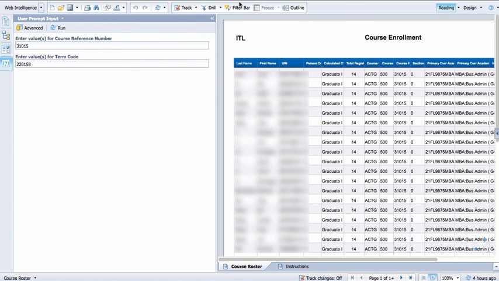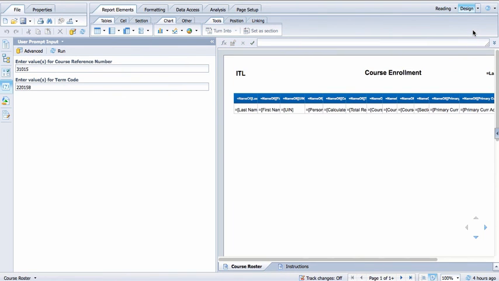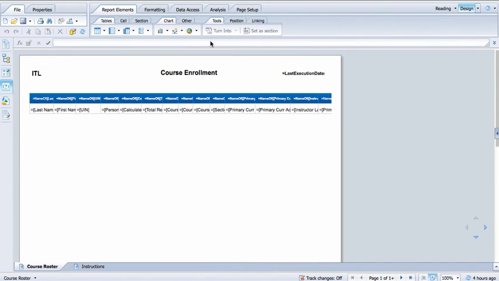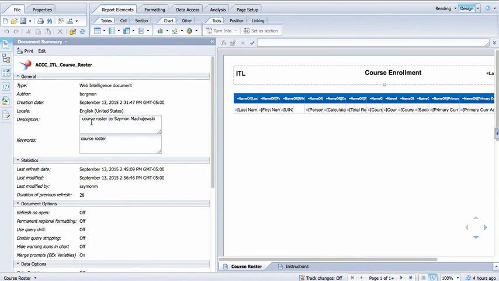Now, in this report, I'm going to switch from reading to design, and I'm going to clear the data so that you don't have to look at a blurred out screen. In this report, what we're looking for is a specific course, and then all the students enrolled in this course. So I'll quickly walk you through this interface, which basically is very much like Microsoft Access, only it's through the web browser. So first we have an area where we can see certain